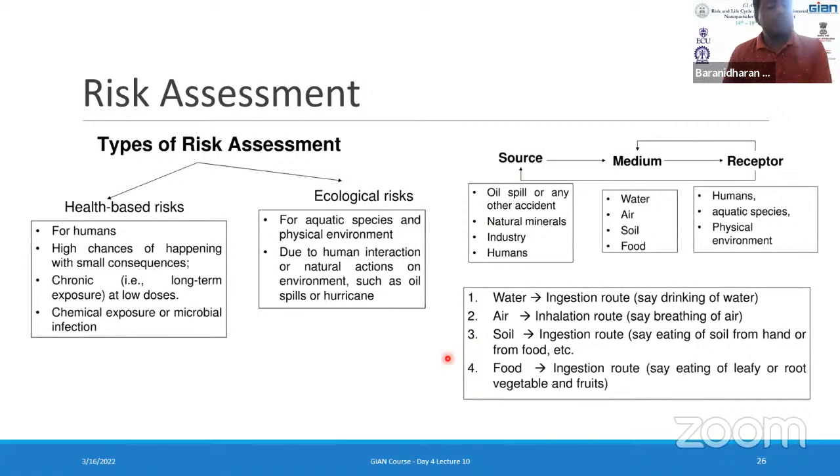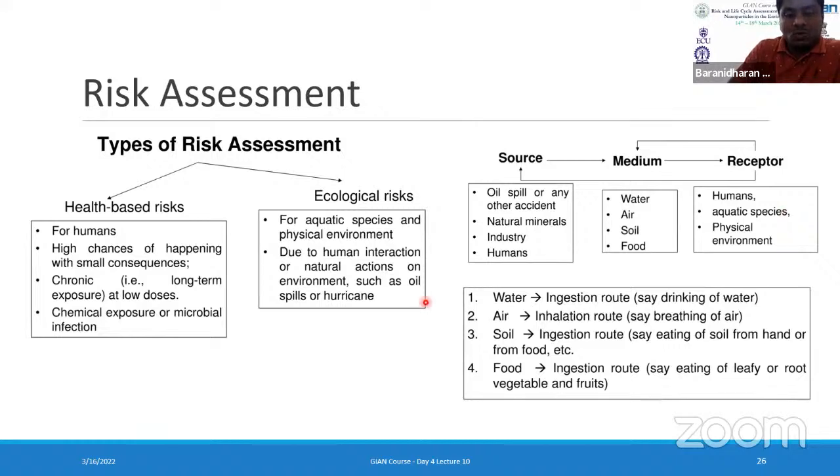So with respect to the interaction as well as the risk it possesses towards the microbes, there are two types of risks. One is the health risk as well as the ecological risk. For risk, there need to be three components. One is the source, one is the medium, and one is the receptor. So the source is nothing but the source of generation, or where the nanoparticles themselves are, and then the medium in which the material gets transported, be it water or soil or air. Receptor is nothing but the targeted species, be it the human or otherwise the aquatic species or the microbes or otherwise the environment as such.